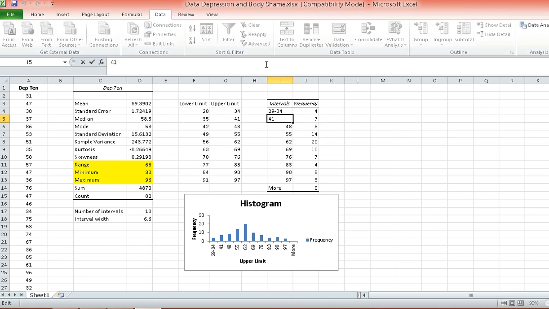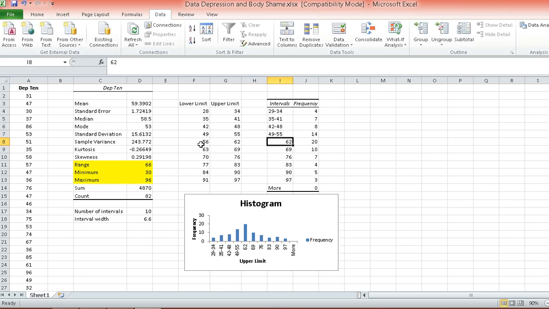So this one is from 35 to 41, and then this one is from 42 to 48, 49 to 55.